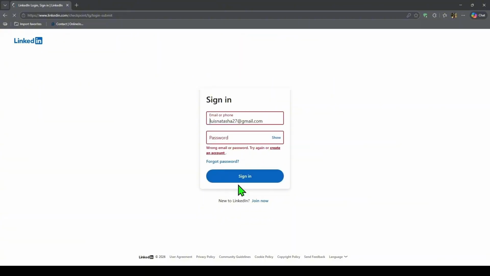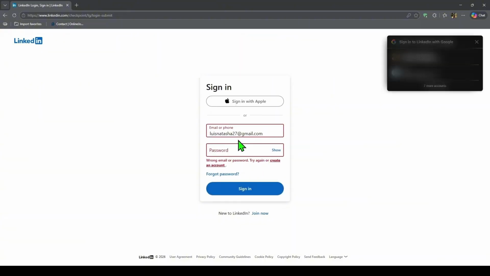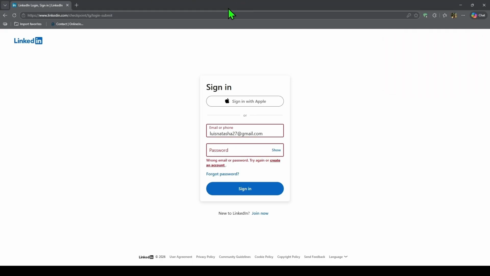If LinkedIn asks you to verify your identity, follow that process carefully. LinkedIn says account recovery may go through Persona, where you may need to upload a clear photo of a valid government-issued ID, driver's license, or passport. In some cases, you may also be asked to take a selfie so LinkedIn can confirm the face matches the